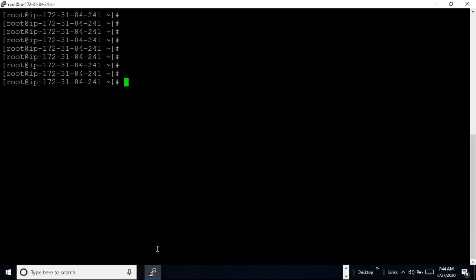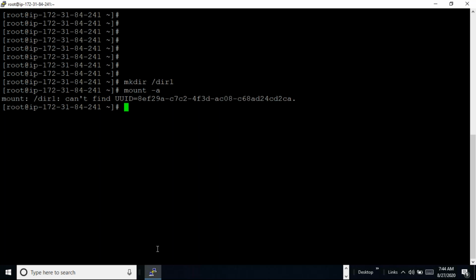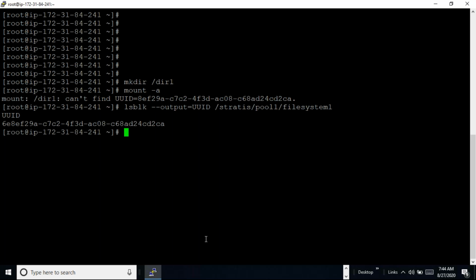We have to create one folder also, because we are going to mount it in the dir1 directory. So we have to give the mount -a command. We have to give lsblk correctly. I'm just checking the block ID again.